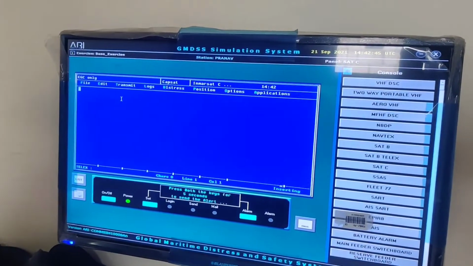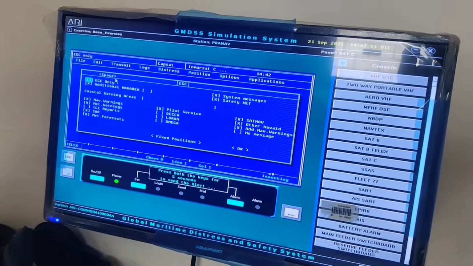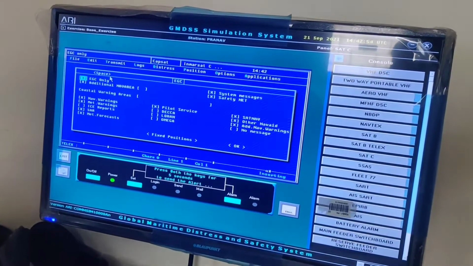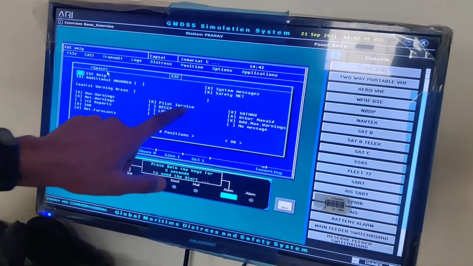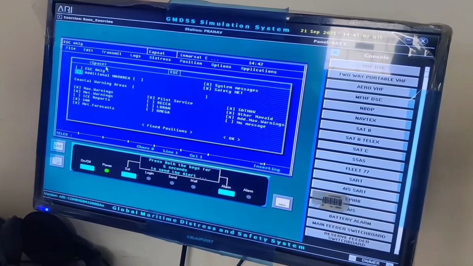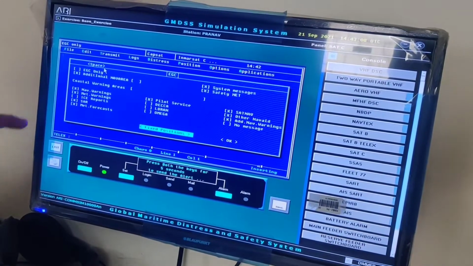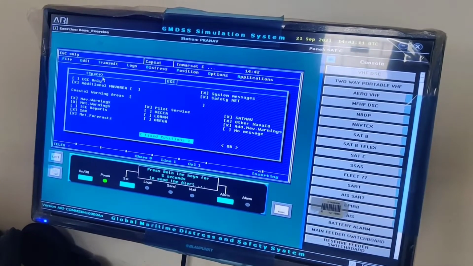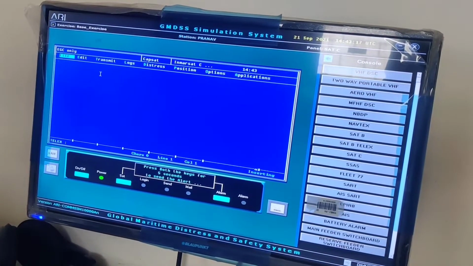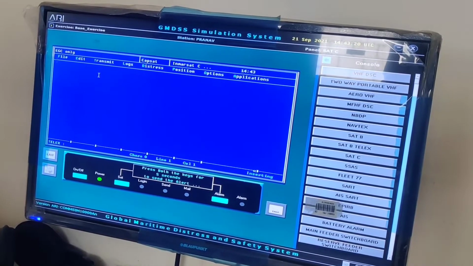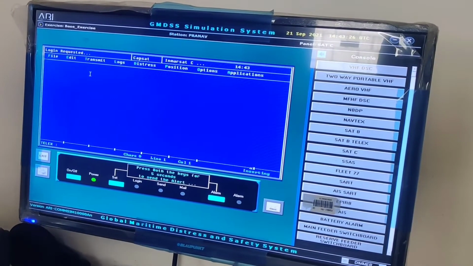Now if you have to log in, then go to the options, go to the configuration, go to EGC and remove the EGC only. If you remove EGC only, then you can log in, and these informations are also incorporated in it. EGC will also be there and login will also be there. By pressing EGC only, EGC will be there only, no login. Okay. Now you have to log in again. Go to option, login. Login requested. If you have not deselected the EGC only, then you cannot log in.